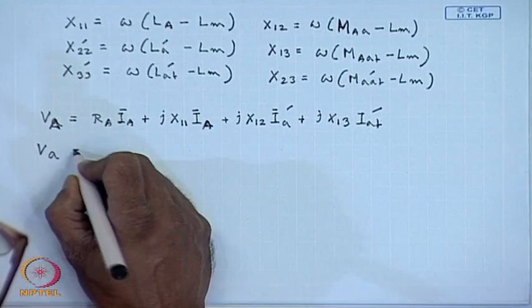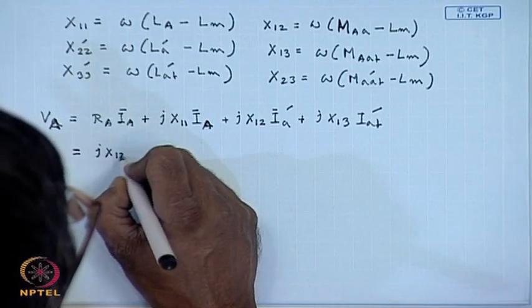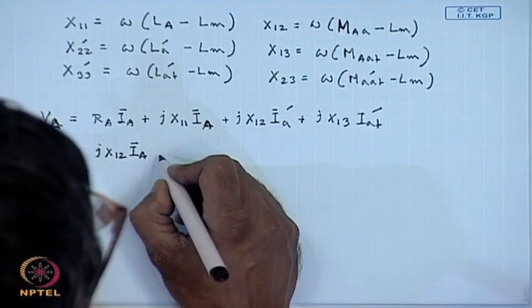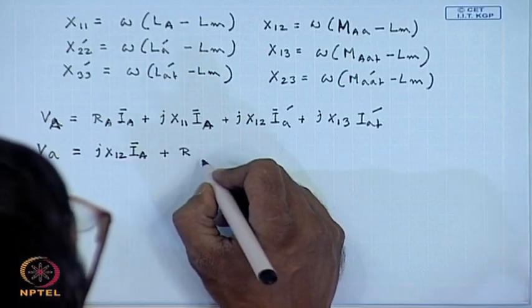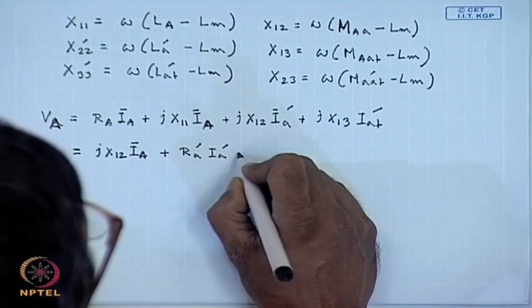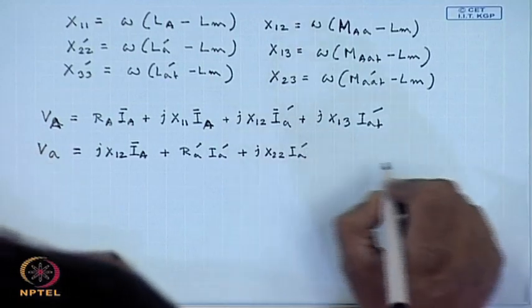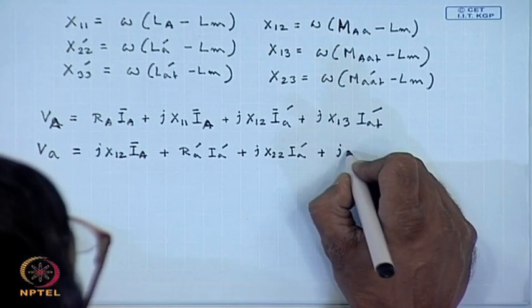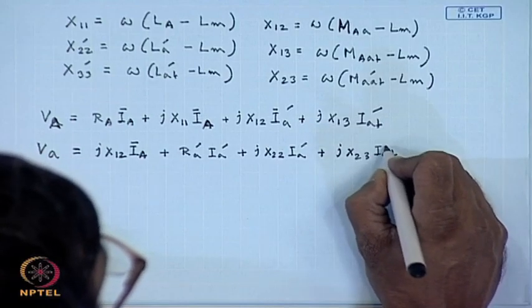V A dash equal to j x 12 I A plus R A dash I A dash plus j x 22 I A dash plus j x 23 I A T dash,